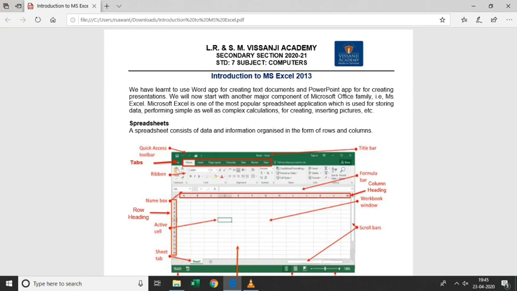Now let's see how to open MS Excel. But before I start, why do we use this? Let's see the features of a spreadsheet. As I said, MS Excel is also called a spreadsheet, and it helps you to arrange the data. Data can be written in Notepad, WordPad or MS Word, but a spreadsheet allows you to arrange the data in a layout of rows and columns. This MS Excel file contains a number of rows and columns.